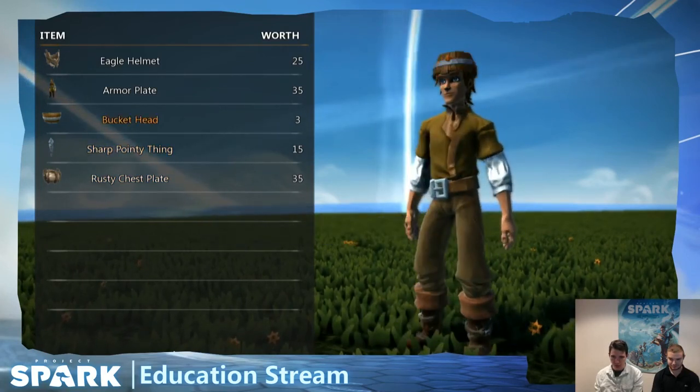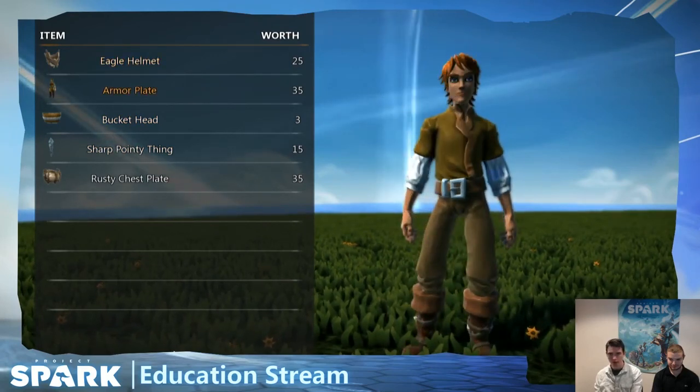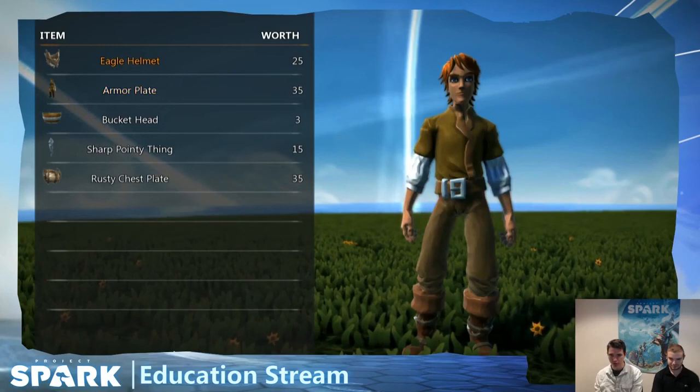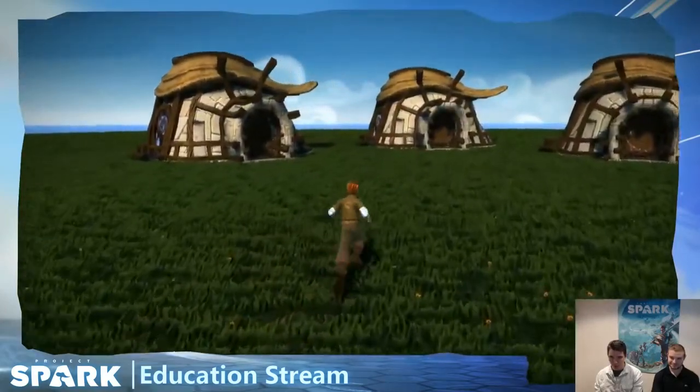So look at that, the positions are now correct. Yay! Just keep that in mind when you're setting stuff: make sure that forward is forward. Okay, cool. So we have those in our inventory,